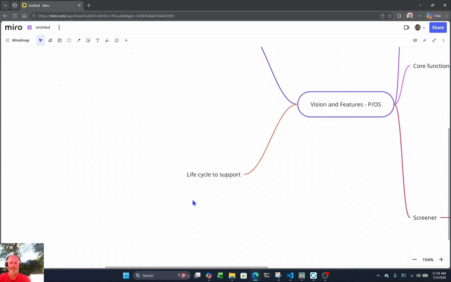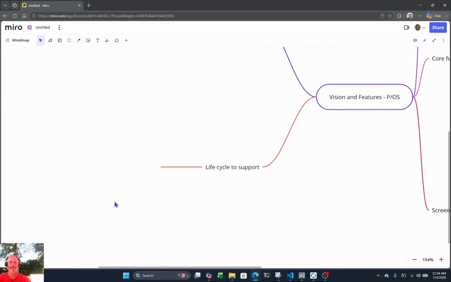So what are we trying to do with this tool anyway? Probably should have started with this, but again, here we go. The messiness of doing mind mapping live. The idea here is that the overall life cycle is: buy stocks. We want to be able to analyze what's happening. In my case, and I think in a lot of the use cases, we want to be able to